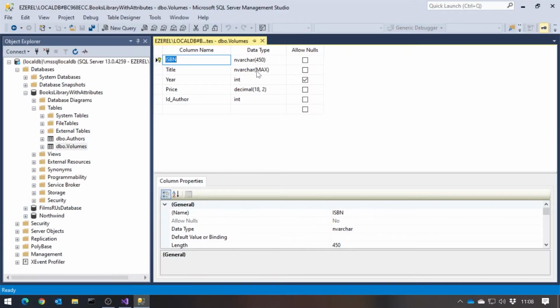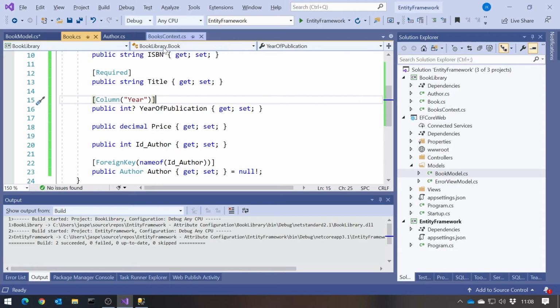Probably more important, and this is where I will use these attributes most, is not in terms of the column name, but in terms of the column type. Because as we've seen, there is a fairly standard set of rules as to how data types in C# map onto data types in the database. And we've seen, for example, that our title automatically just became the nvarchar max. The nvarchar 450, by the way, is because this is a primary key and it has to have a fixed size to work as a primary key. So that's why we've not got max in there. But if I wanted to change that, I can do it in a couple of different ways.